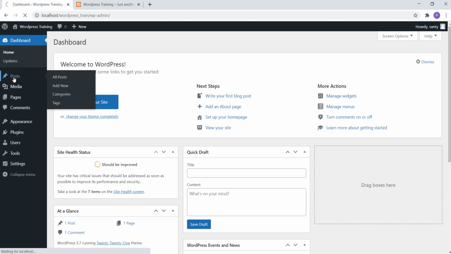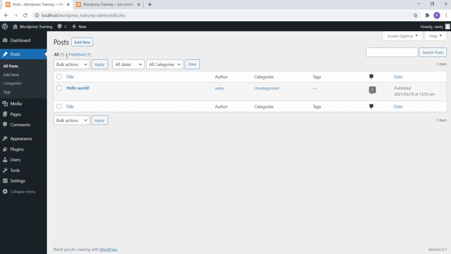When you click on the post, you see you have bulk options here. You can edit them, move them to trash, or arrange them by dates or by categories. Since we haven't created any category, uncategorized is the default category. You also get an author section showing which post has been posted by which author. You can search through author also.